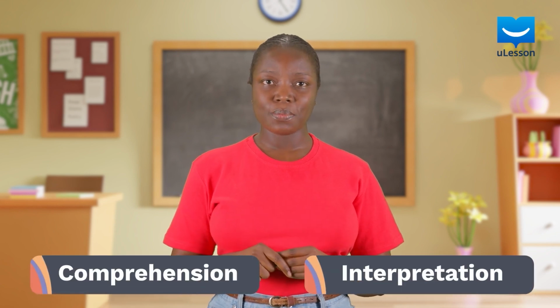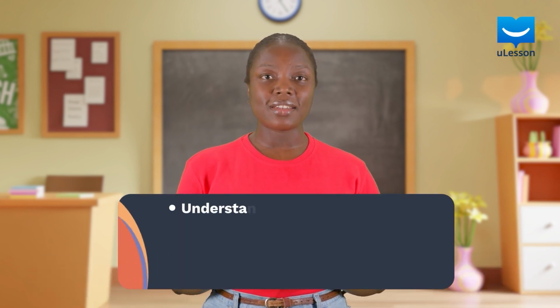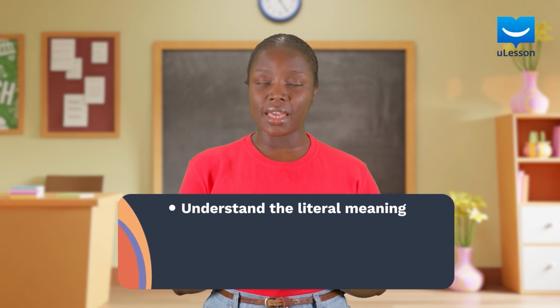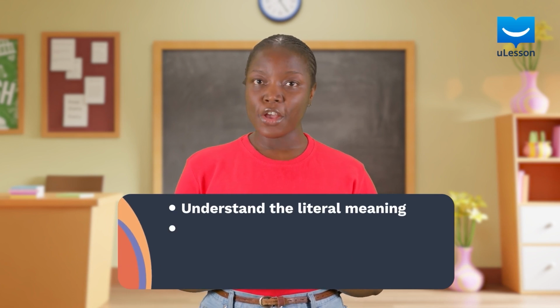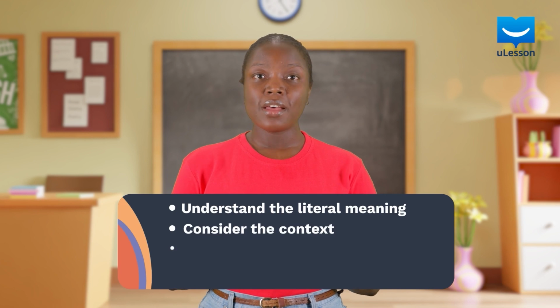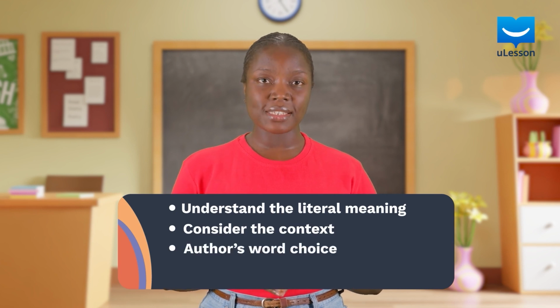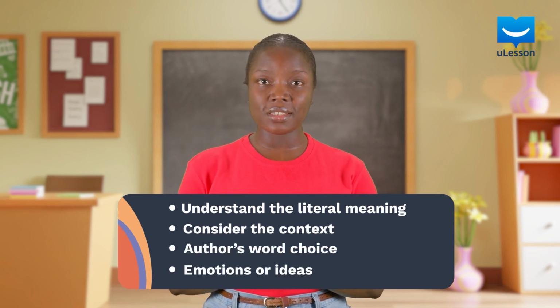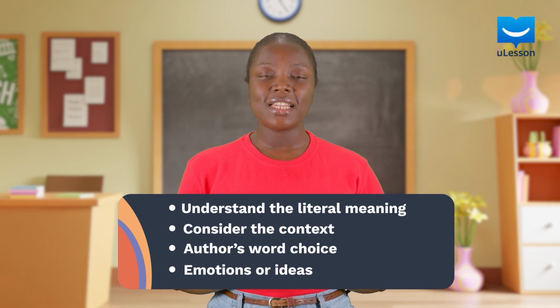Identifying implied meaning in passages involves two key steps: comprehension and interpretation. First, you need to understand the literal meaning of the text. Then, you consider the context, the author's word choice, and the emotions or ideas associated with those words to infer